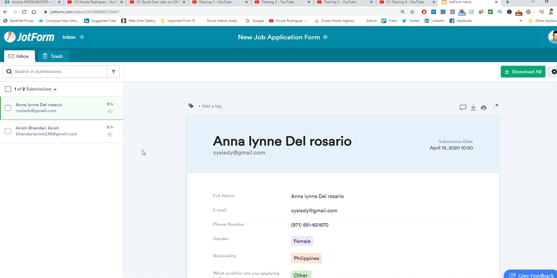Also during castings, if I want to send out a casting, I can create a form here, and I can just tell the models, please upload your front face, your Polaroids, your casting video, whatever. I create the form here, and I send it out to the models, and then everybody who sends in all the details comes up here. And I can download this as an Excel file or a PDF or however I want to, which is really, really smart.